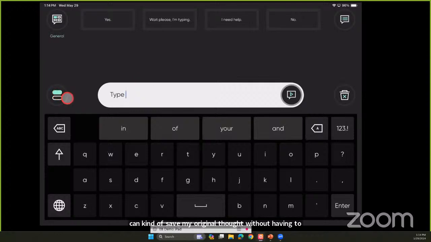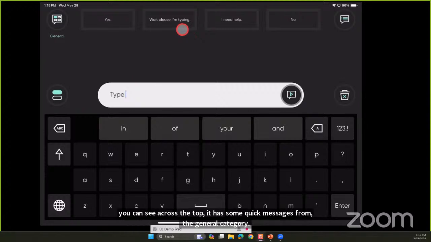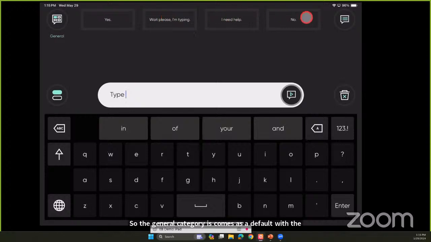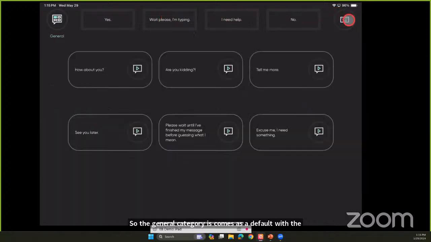The other feature that this app has, as you can see across the top, is some quick messages from the general category. So the general category comes as a default with the app. So you can add in, I believe, up to 6 categories.